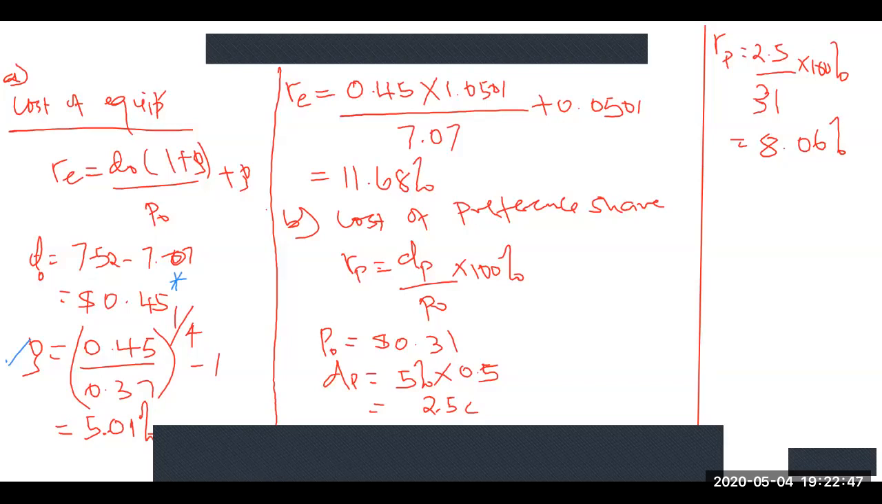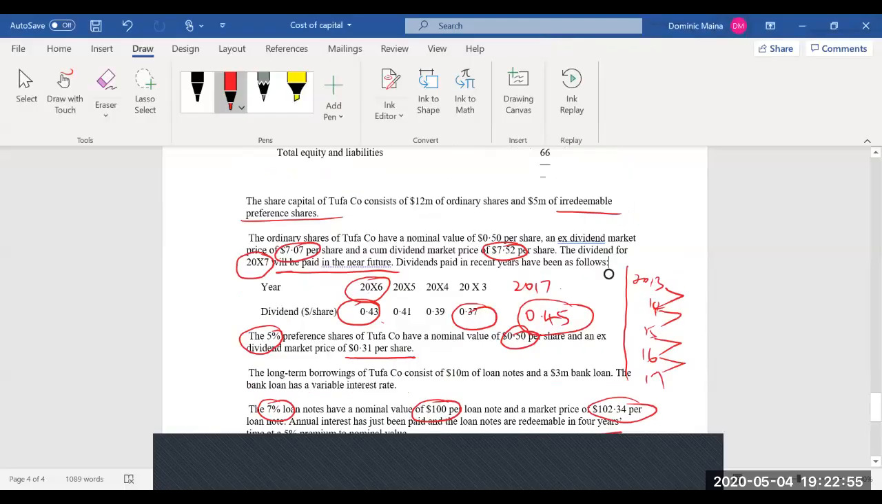Let me repeat what I said. Going back to the question, this question is telling us that the dividend, yes, there is some,